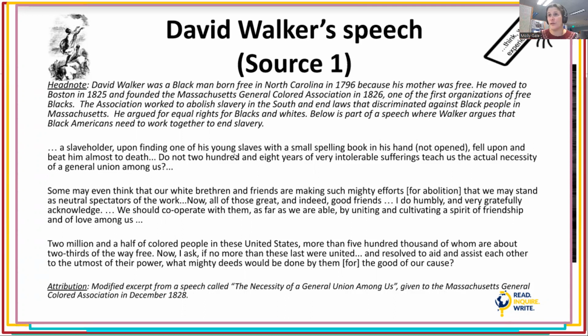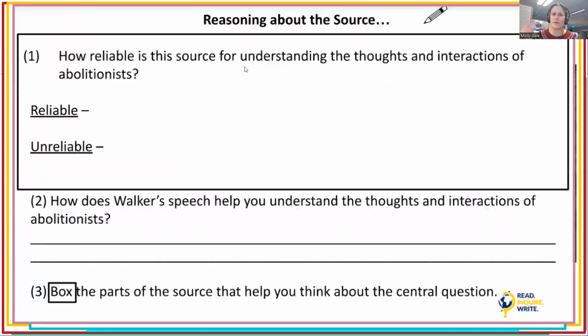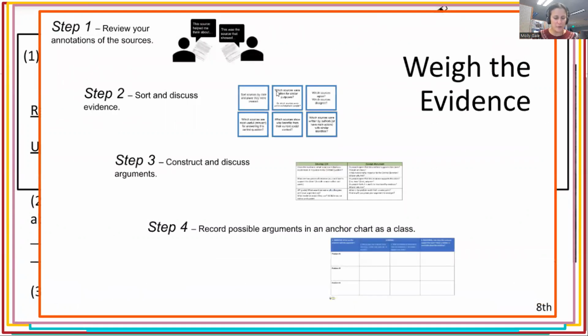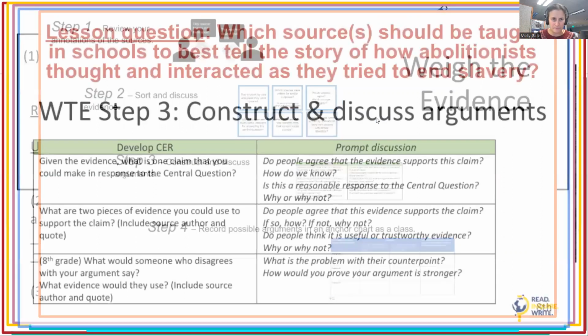And then the students work in pairs to continue analyzing sources for really the rest of day 2 and most of day 3. So students are going to work their way through these sources using the graphic organizer included. And at the end of day 3, once they've read these sources and thought about them a little bit, they have a chance to really pull back and weigh the evidence. So in the weigh the evidence activity,